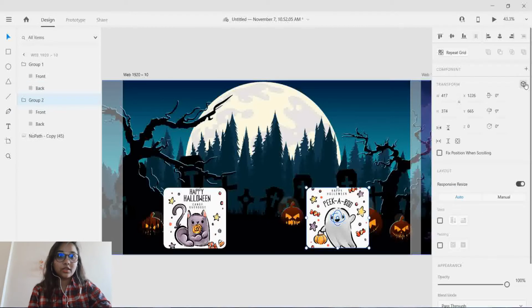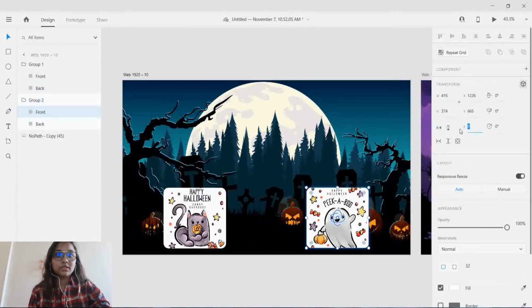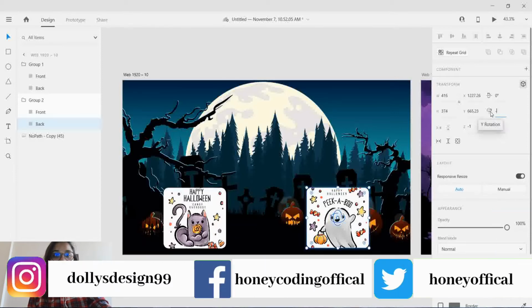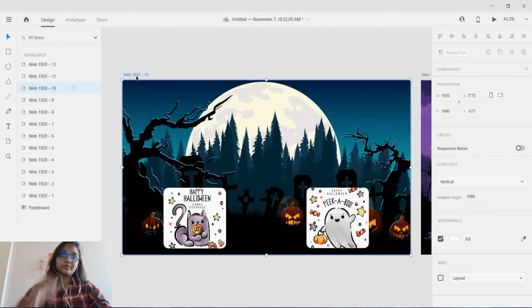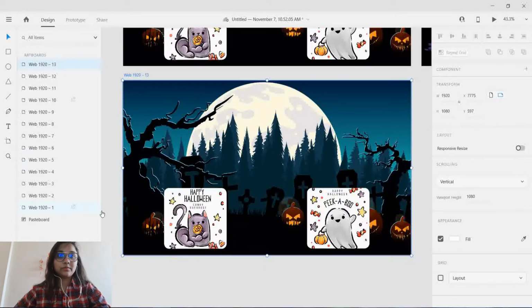For the second group, make the same as for the first group. For the front, Z index 1 and for the back, Z index to -1 and the rotation would be -180 degree. So we will copy this artboard